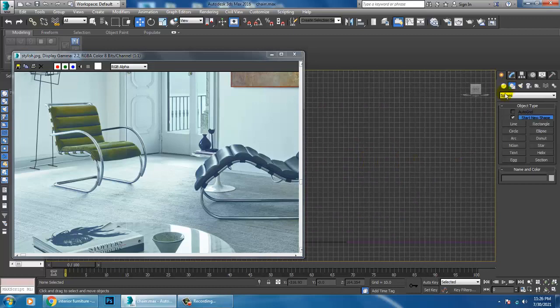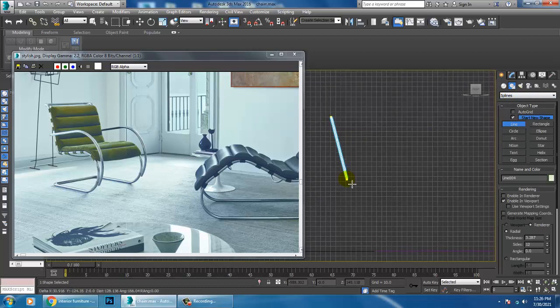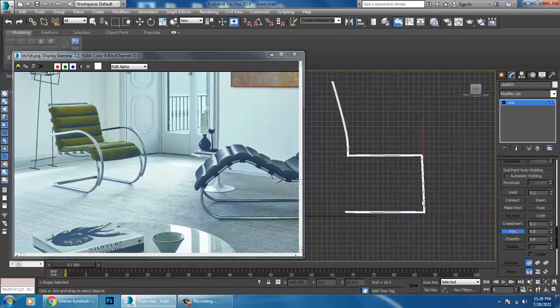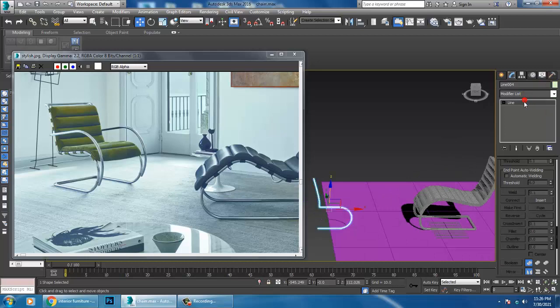So let's take a line, like this. Select the vertices and give a bit of fillet, and a bit again.